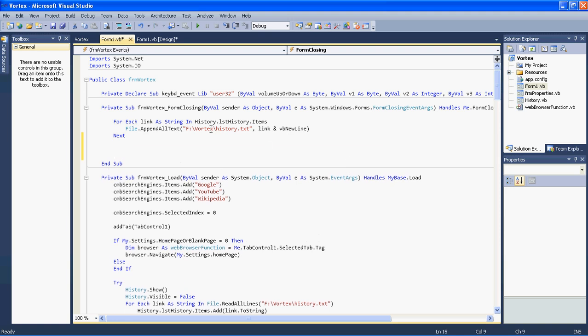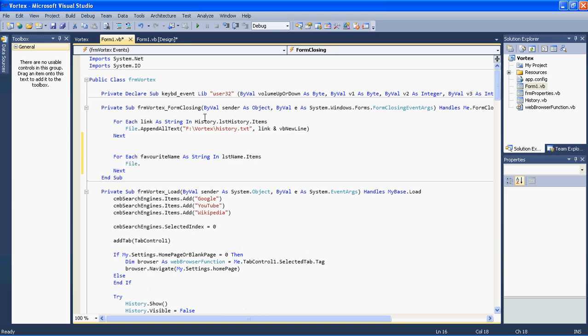You go at the bottom of the function and you say for each favorite name as string in lst name.items and then file.append all text and then we need again the path, which I will just copy paste,